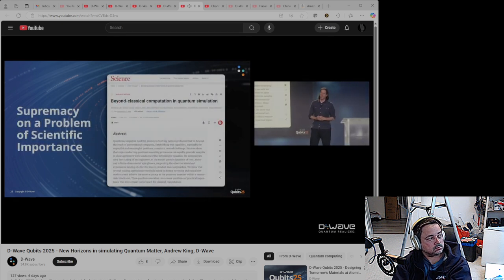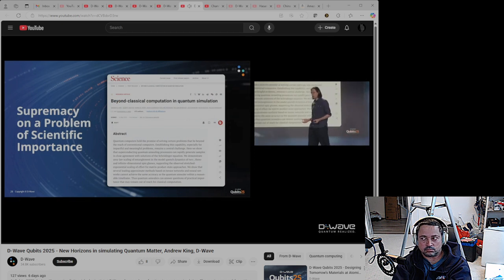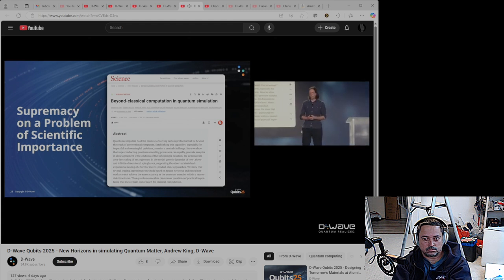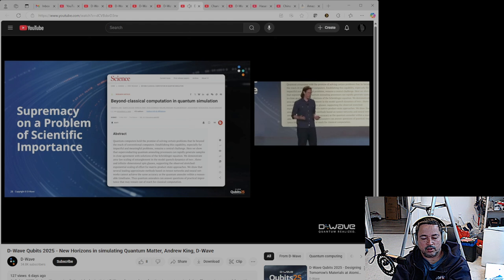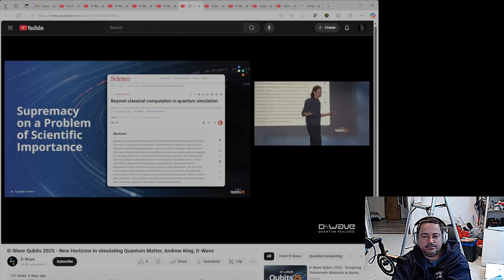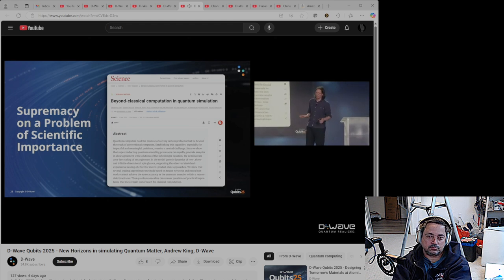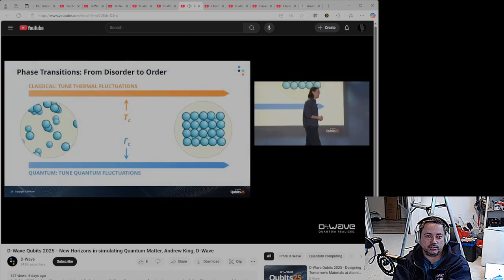The last time I was at Qubits was about 9 months ago, and I was talking about our new preprint, which has just recently appeared in Science, having passed the peer review process, and it's called Beyond Classical Computation in Quantum Simulation. So I'm afraid I might disappoint a few of you because Murray made it sound like I was going to go through everything in gory detail. But I'm just going to give a high-level overview, and anybody who wants more details can come and talk to me later. I'm also going to talk about some other results that have been enabled with the higher qubit quality and qubit connectivity of the Advantage 2 processor.